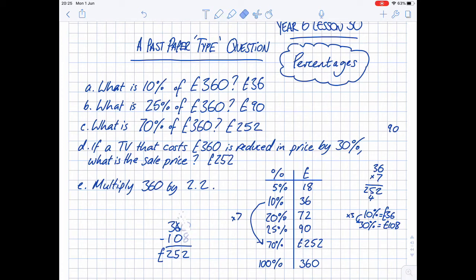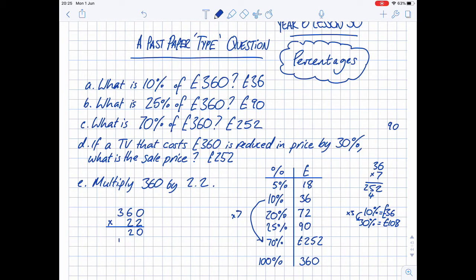And then the last one, I'll get rid of that so it's not in the way. Now, there's a couple of ways of working with decimals when you're multiplying. This is the way I was taught, and this is the way I teach it in school. I ignore the decimals to begin with, so 2.2 becomes 22. Now, I complete this just like a normal long multiplication. 2 times nothing is nothing. 2 times 6 is 12. 2 times 3 is 6, add the 1 is 7. Now I'm working in the tens column, so I put my placeholder in. 2 times nothing is nothing. 2 times 6 is 12. 2 times 3 is 6. So you should be with me now. I need to just add those up, so I get 0, 2, 9, 7.